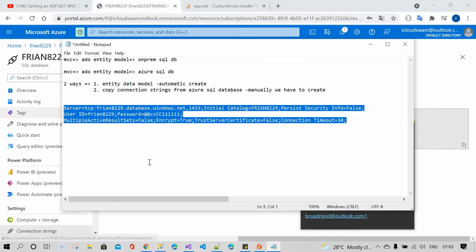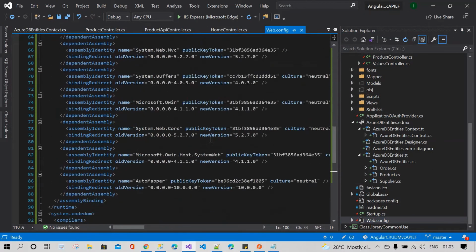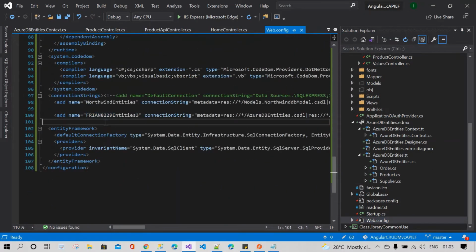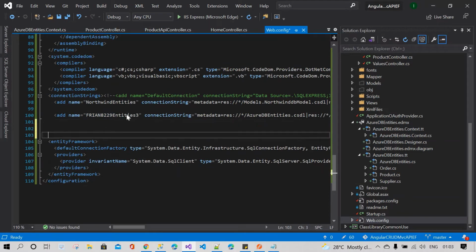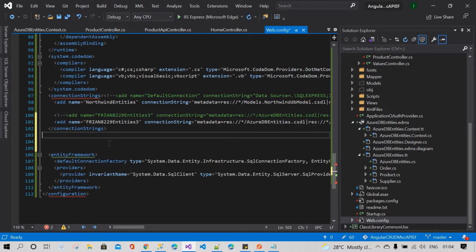Just copy this whole thing, Control C. Again go to your application, the web.config file. Before you do this, copy and comment out the existing one, and paste over here.